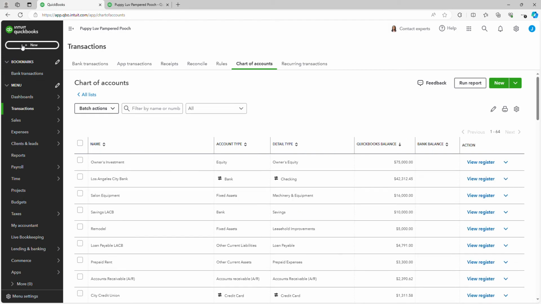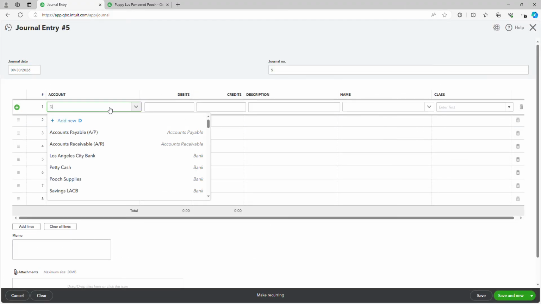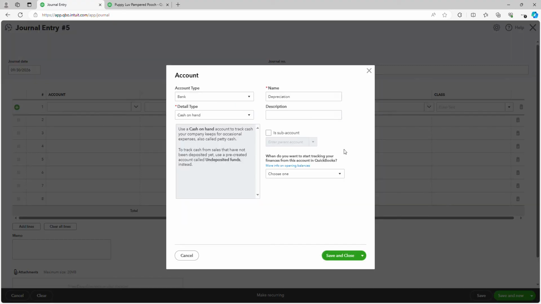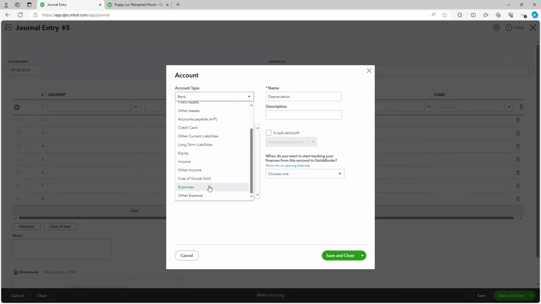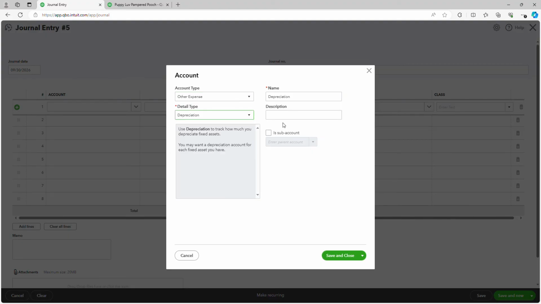Otherwise you'd go up to new, and then journal entry, and then start typing in depreciation, and then click on add new depreciation, and then this is an other expense, and detail type is depreciation, and then the name, the description is depreciation, and then you click save and close, and then you do the same